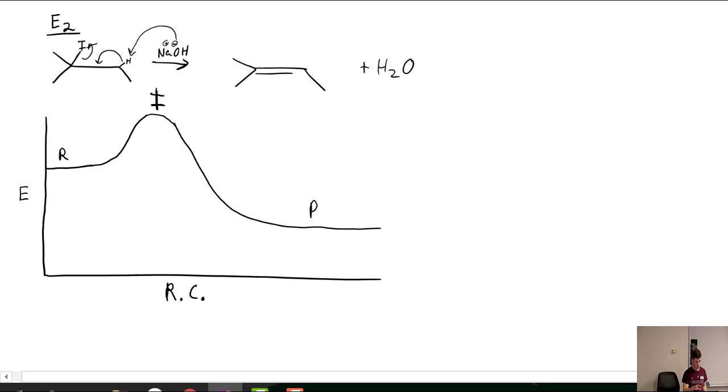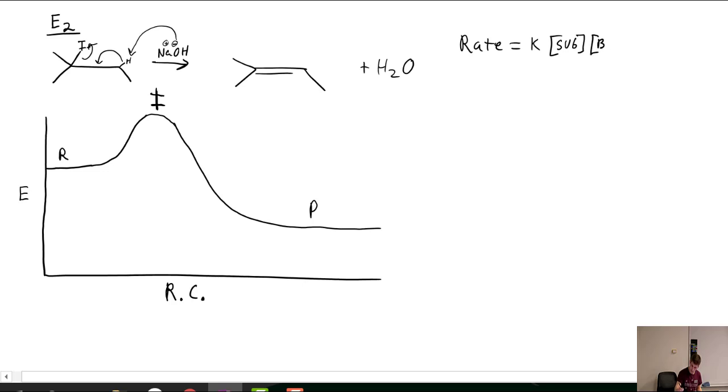Now, in this, we don't have 2 humps, right? So the rate limiting step is the first step, the transition state. And we can look here and see that it does depend on the base, right? Because the base's ability to attack affects it. But also, if there's no leaving group, it's not going to happen. So E2, elimination bimolecular, is what the 2 means, is rate equals k times substrate, so it depends on the substrate,